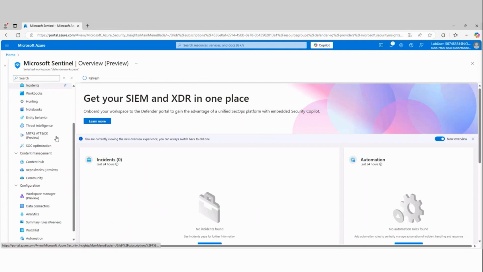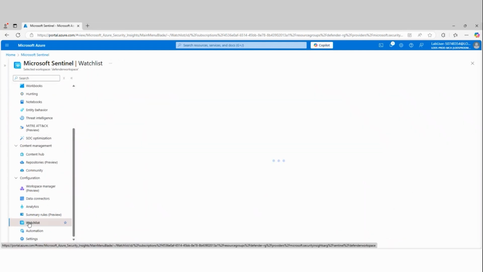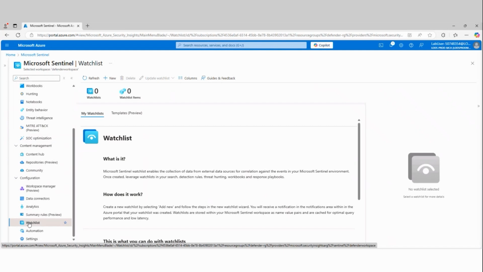So now let's take a look at another feature that we have, which is called the watch list. Now keep in mind, the purpose of Sentinel is to analyze log data that's stored in the log analytics workspace. And it's looking for anything that you define. You can configure it to look for very specific things, maybe security related events, or just any specific events that you want. It doesn't always necessarily have to be something malicious. I can use Sentinel to track, every time a user logs in, if I wanted to, into a service. So what we're going to do now is look at watch lists.